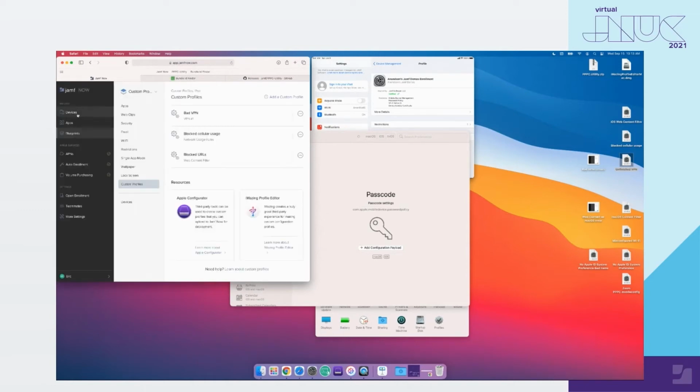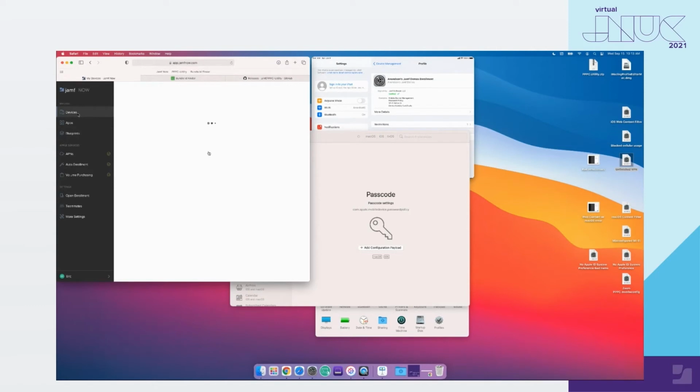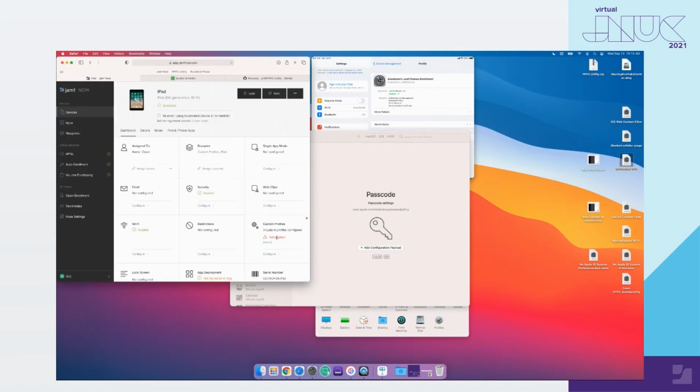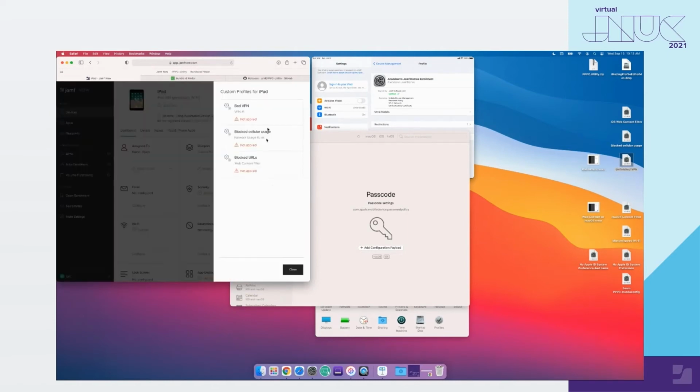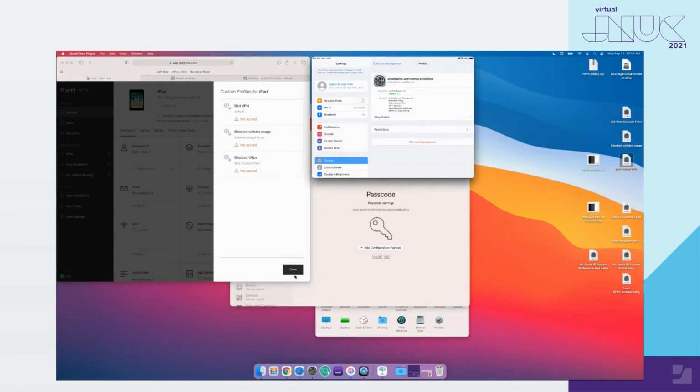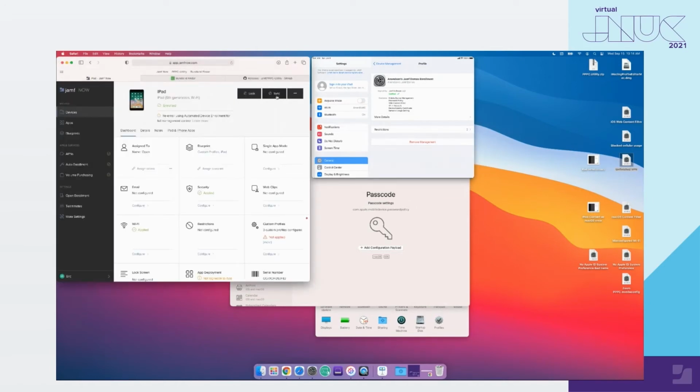If I select my device, let's go look at this iPad. Red dot, this may not be fully bad yet. It says some are not applied in this configuration profiles tile. If I click more, at the moment, not applied. This is not bad. It just means not installed. And we just saw them show up. If you saw them blink in, let's close this and see if we can get this to sync and check